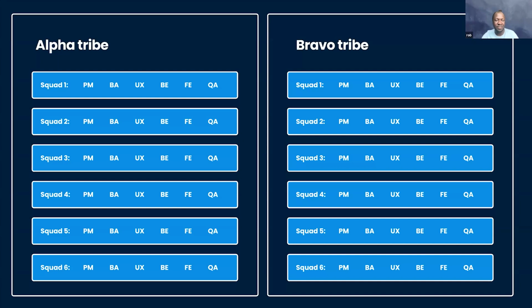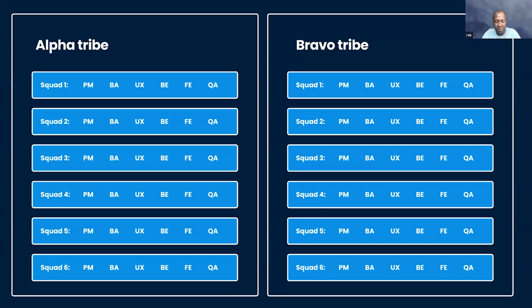But it actually lists out the different tribes and squads and the names and roles of each person, which then makes it really easy for someone looking at the diagram to know exactly who it is that they can reach out to for whatever reason. In our situation, we'd really love to have a designer embedded into every squad, but the number of dev squads really outweighs the number of designers that we have. And so there are some instances where we have a designer that ends up supporting multiple squads.